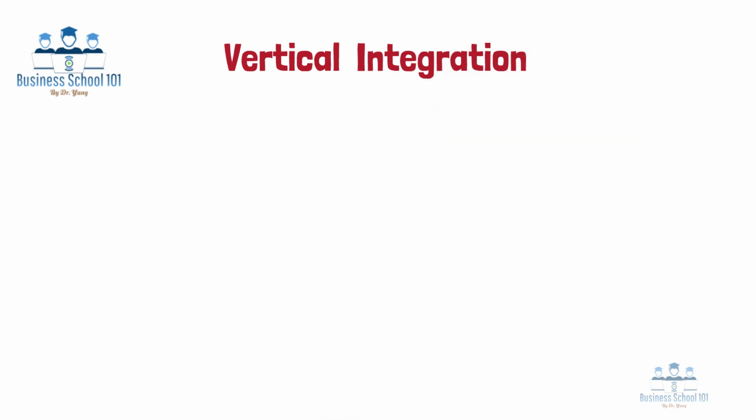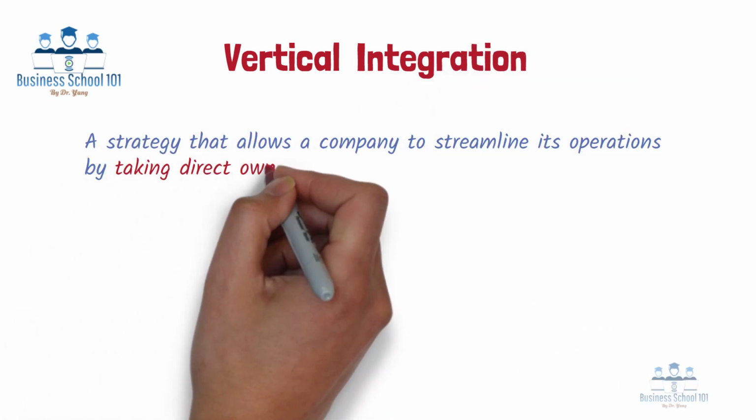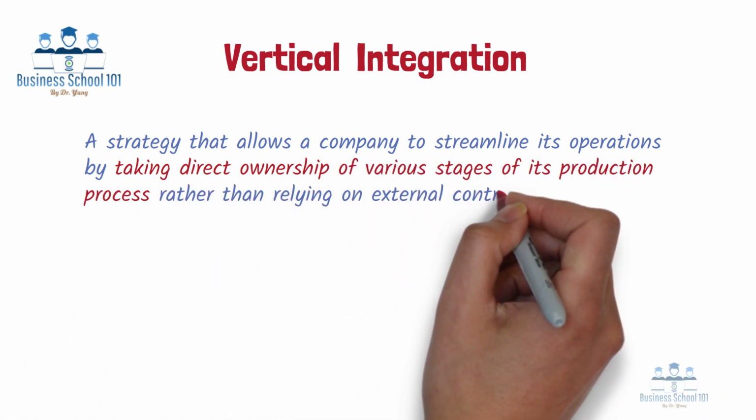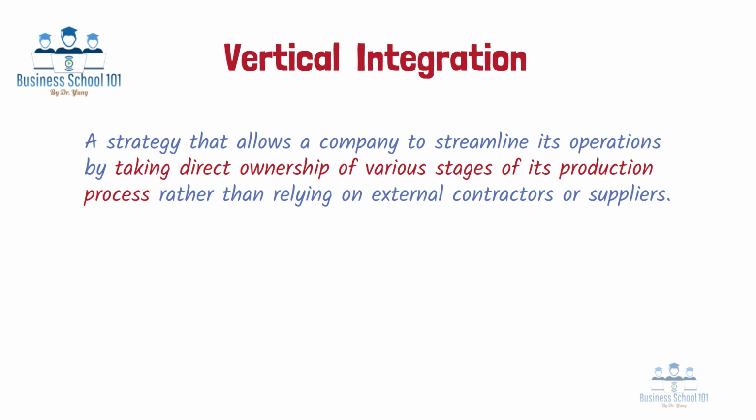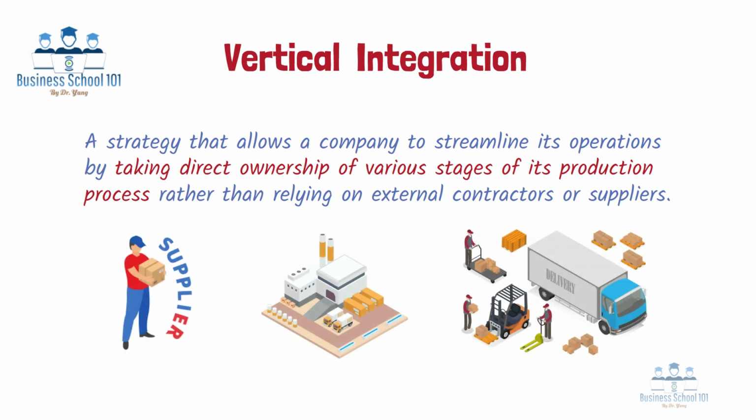Vertical integration is a strategy that allows a company to streamline its operations by taking direct ownership of various stages of its production process rather than relying on external contractors or suppliers. A company may achieve vertical integration by acquiring or establishing its own suppliers, manufacturers, distributors, or retail locations rather than